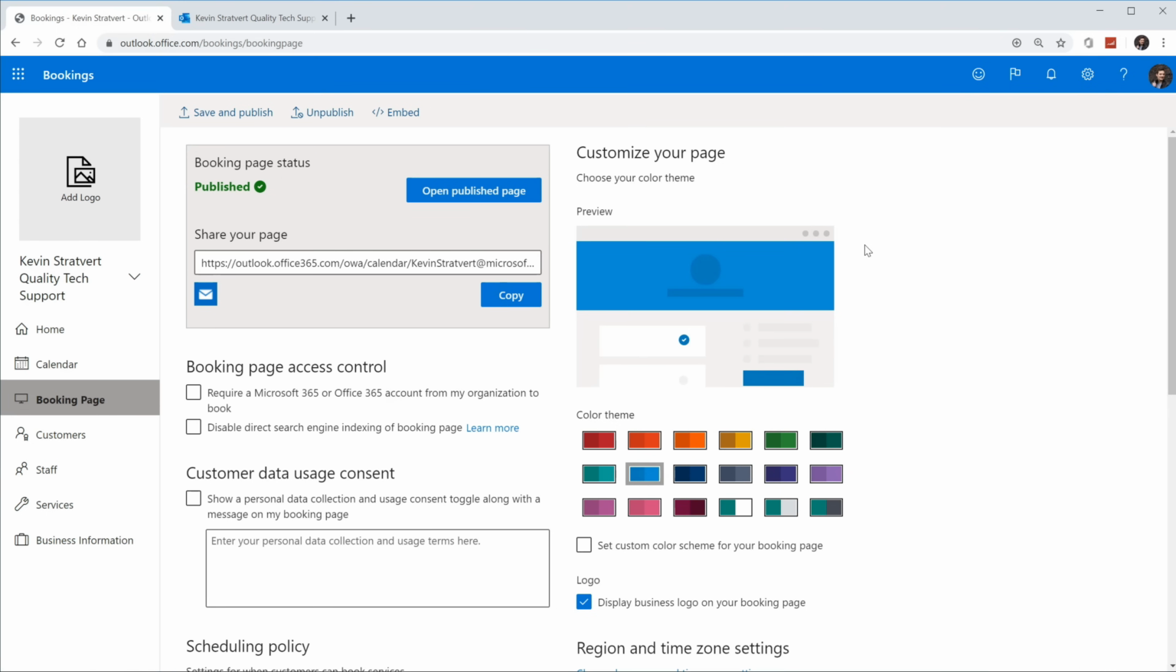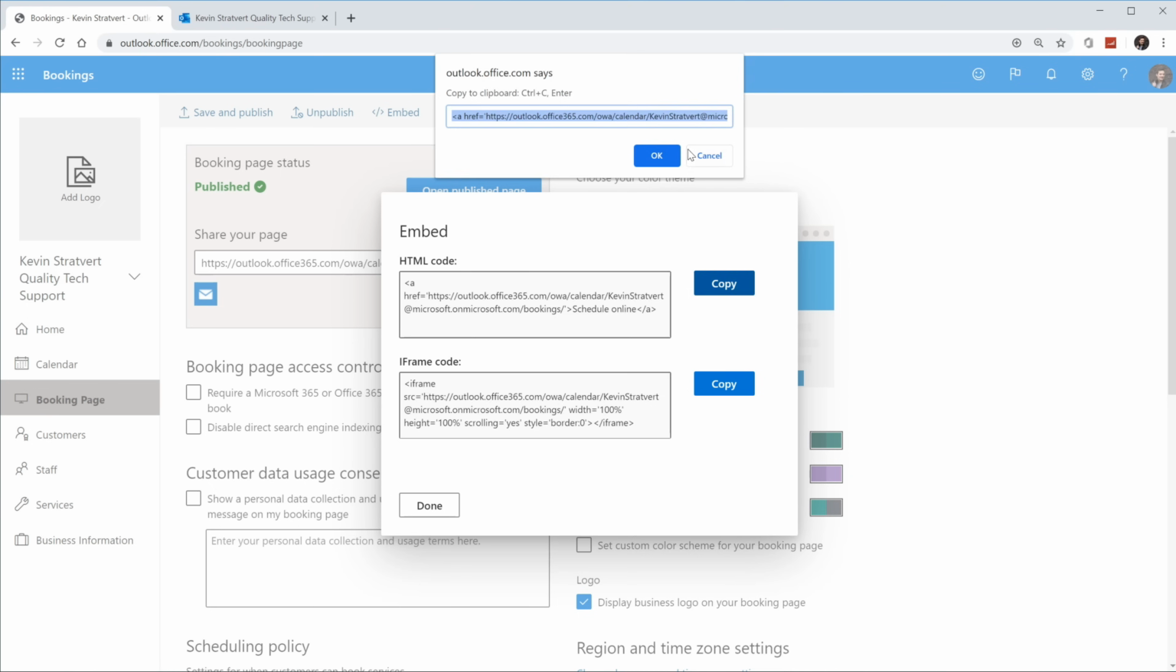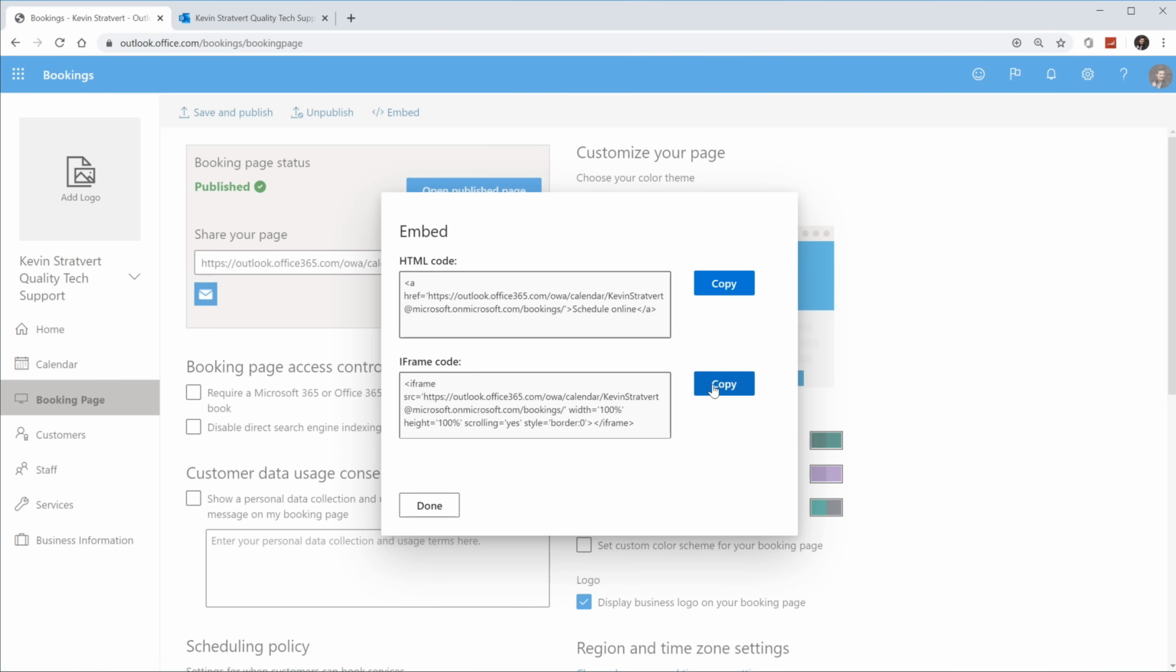I'm going to go back to the main bookings experience. So this is for my business now. And on the booking page, some of the other things that I could do is I could also embed my booking link on a website. So here I could just simply copy the HTML code, or I could even copy the iframe code, and then